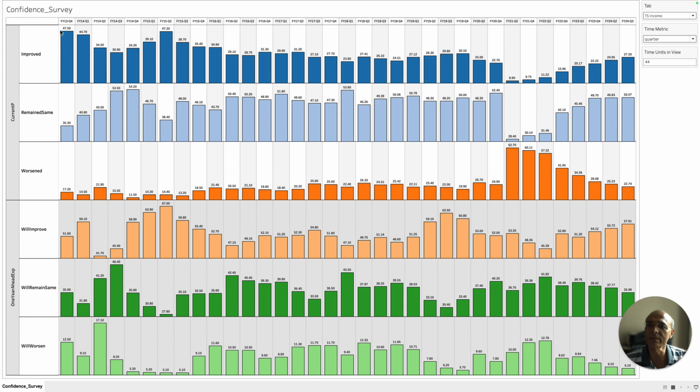So here you see that from FY13 Q4, the income situation was on a downward path. The perception that the situation had improved was on a downhill. And then from FY21 Q2, it has shown an uphill, which is very, very interesting. I am myself getting very surprised by these findings. So it very clearly shows that from FY21 Q2, most of the population believes that their income situation is going to increase. So this gives a very positive flavor for the economy, that the economic situation is now improving.